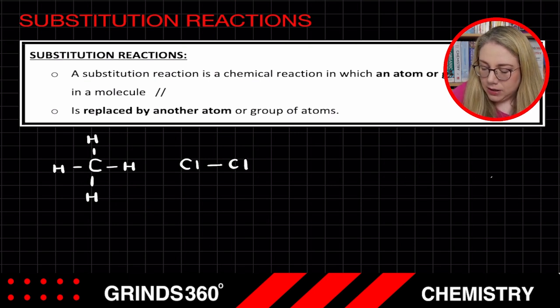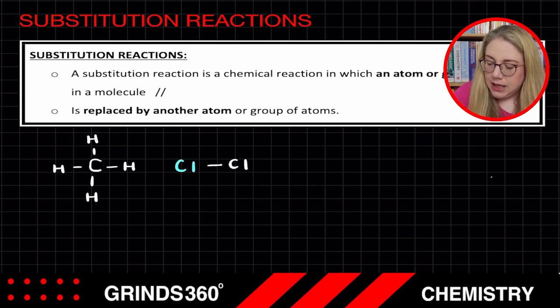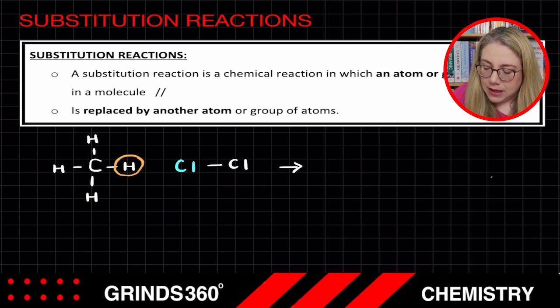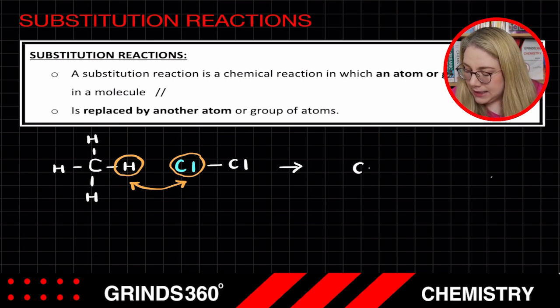Now, I'm actually going to colour code the chlorines. I'm going to put one of them blue and leave the other as white. Now, what happens here in this substitution reaction is one of the hydrogen atoms on the methane, it doesn't matter which one we pick, they are all the same. So I'm going to pick this one here. That hydrogen atom is going to swap with one of the chlorine atoms. So they're going to swap places. And what we end up with is